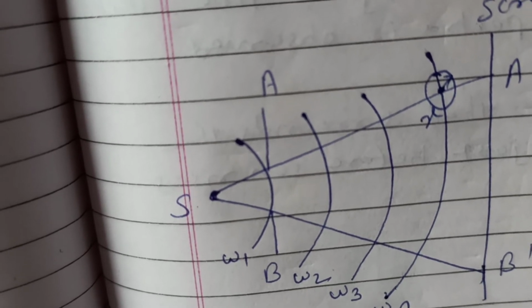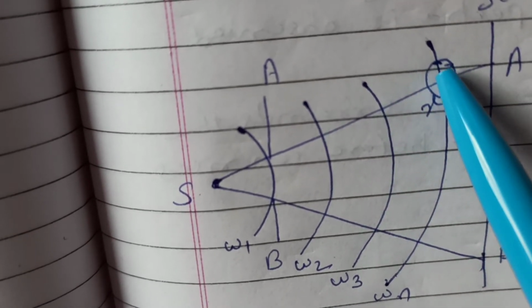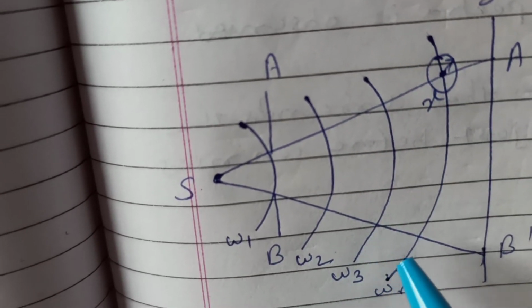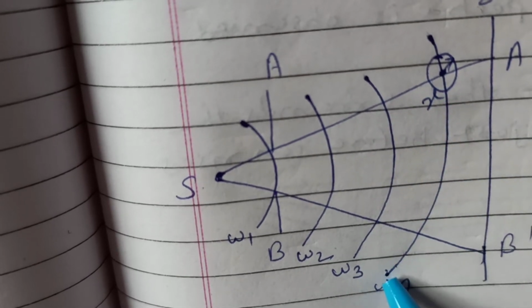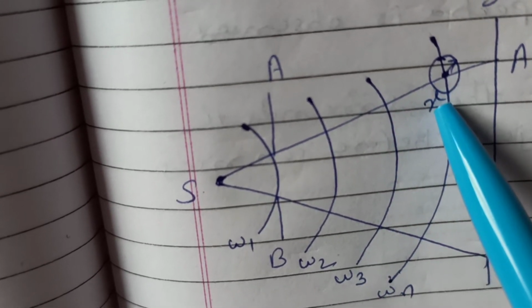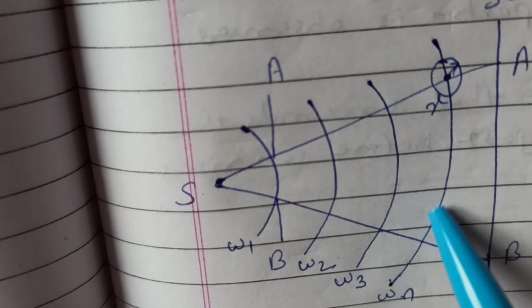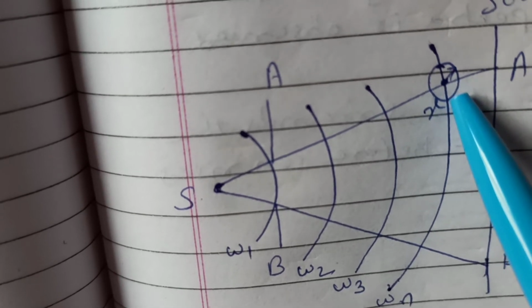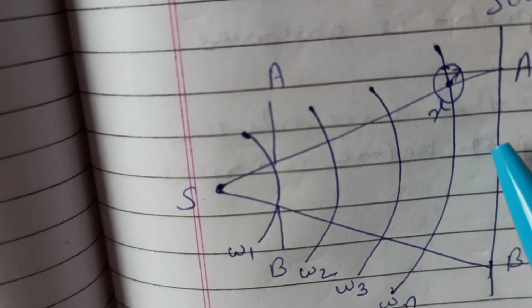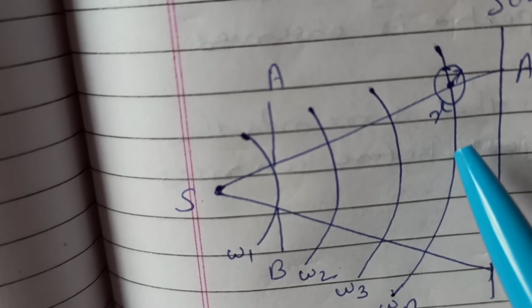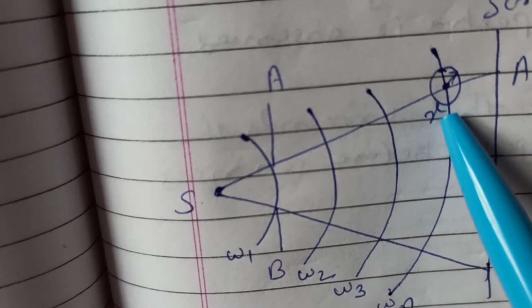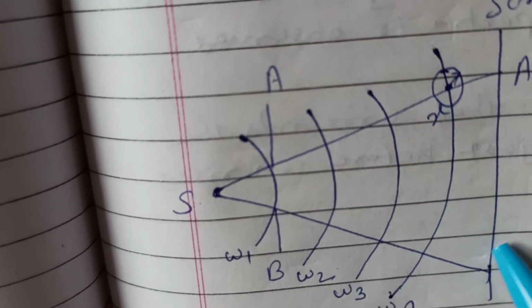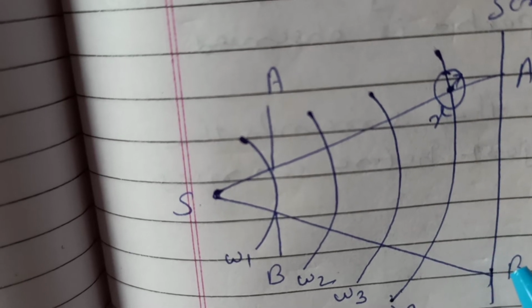Consider the wavefront just across the screen, shown by Wn. X is one point on this Wn. This X acts as a secondary source and spreads out secondary wavelets of radius Ct with its center at X. Thus we find a part of the wave going into the prohibited area, that is the geometrical shadow region.